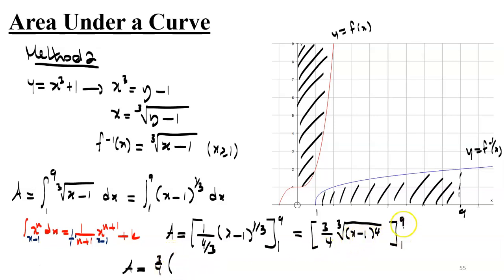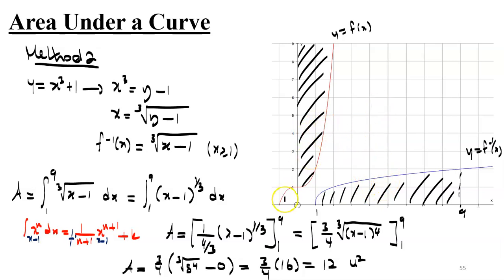Now over here for x equals 9, that's 9 minus 1, which is 8. So that is the cube root of 8 to the 4, minus, for x equals 1, that is 0. Now we know that 8 is in fact 2 cubed, so the cube root of 2 cubed is 2, and then to the power of 4, that is 16. So that is 3 over 4 into 16, which is 3 times 4, which is 12 units squared. So you can see here that we did obtain exactly the same area,